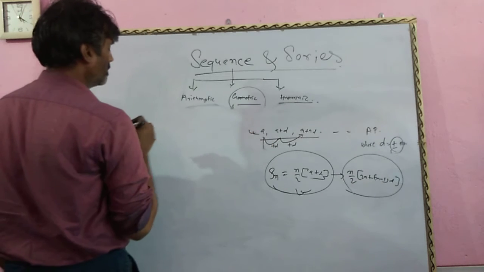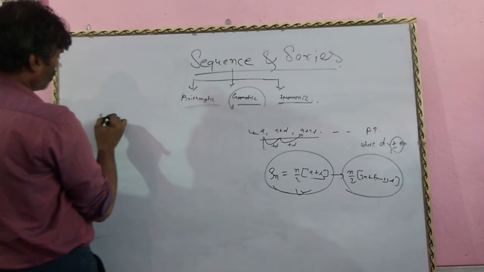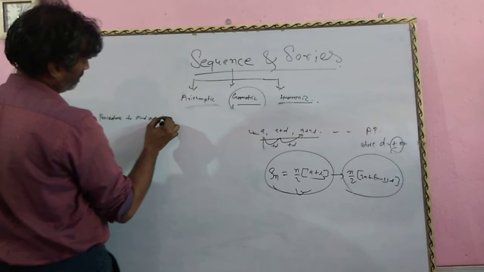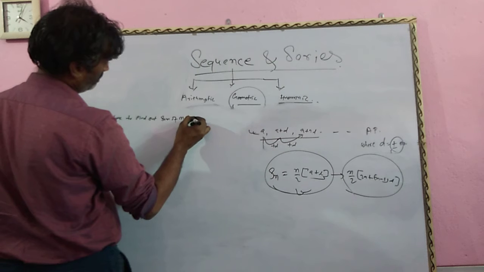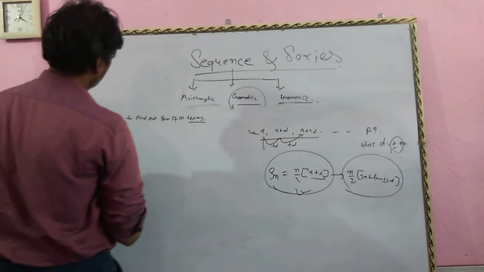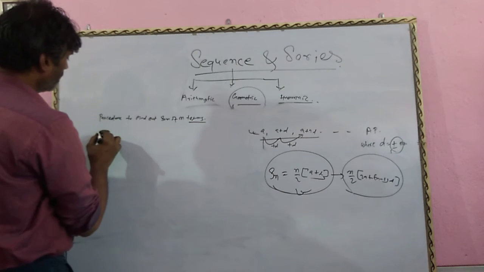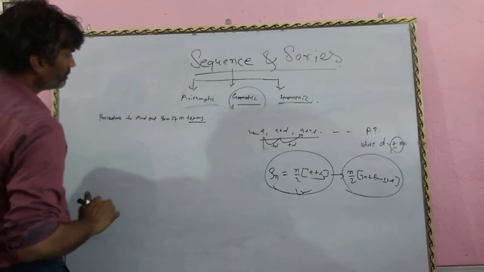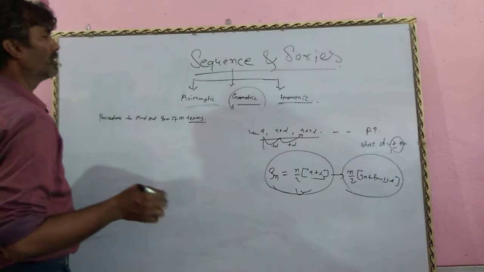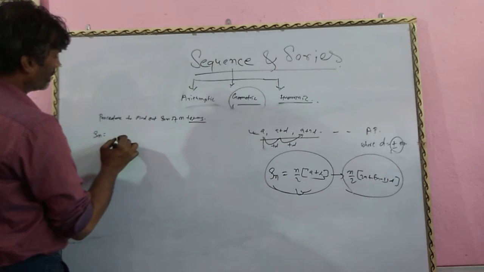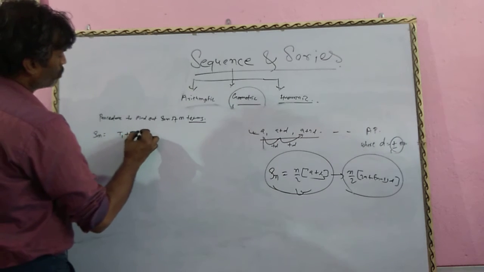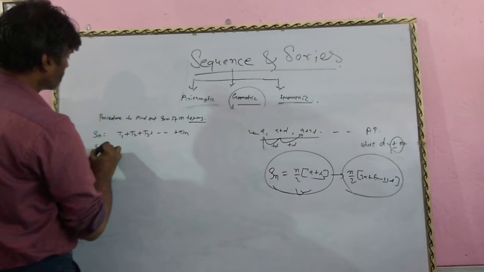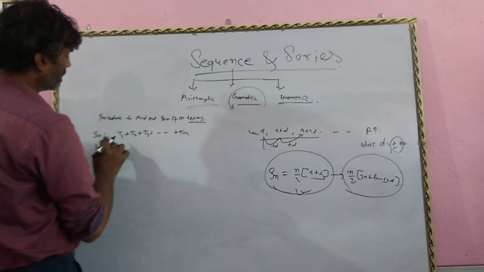If you are given just the procedure to find out the sum of n terms. Sum of n terms is T1 plus T2 plus T3 up to Tn. Again write it, sum of n terms is equal to,